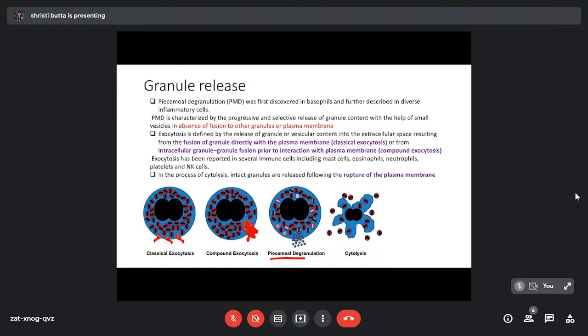Piecemeal degranulation is characterized by progressive and selective release of the granule content with the help of small vesicles, in the absence of any fusion with the granules or plasma membrane. So you have the granules just being released. There is no fusion of the granules amongst themselves or with the plasma membrane. When the granule fuses with the plasma membrane and gets released, the phenomenon is